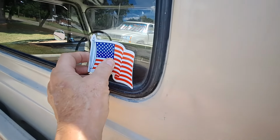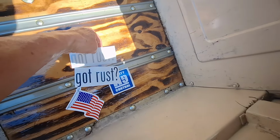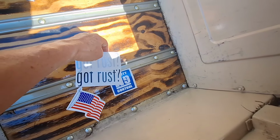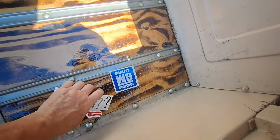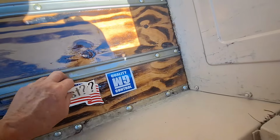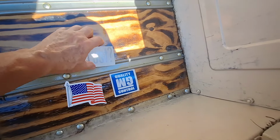What do y'all think? Maybe I shouldn't put any of them on. I was just kind of looking around. This one's had a lot of rust fixed on it, this 66. I don't know. Y'all let me know what you think. I got these here. Let's play this game. If you were going to put one on,